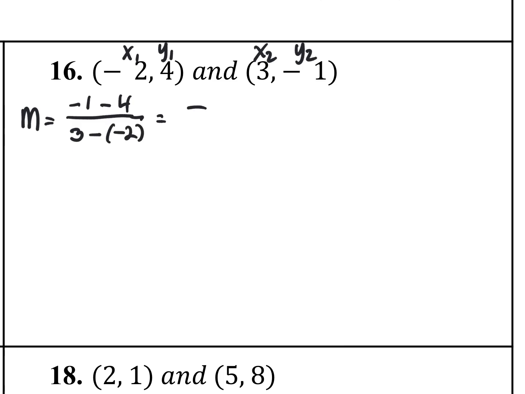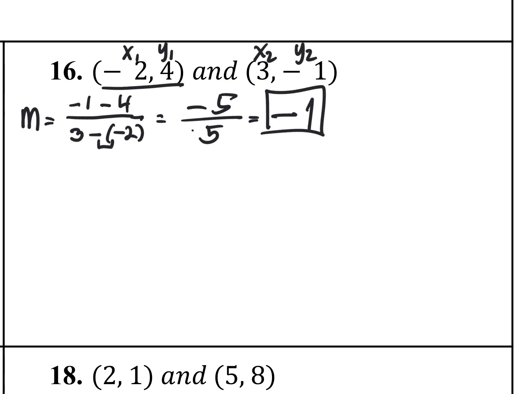So this is going to give you negative 5 all over positive, so 3 plus 2 is going to give you 5 also. So negative 5 divided by 5 is going to give you negative 1. So my slope is negative 1. I'm going to get point negative 2, 4. Y is equal to mx plus b,